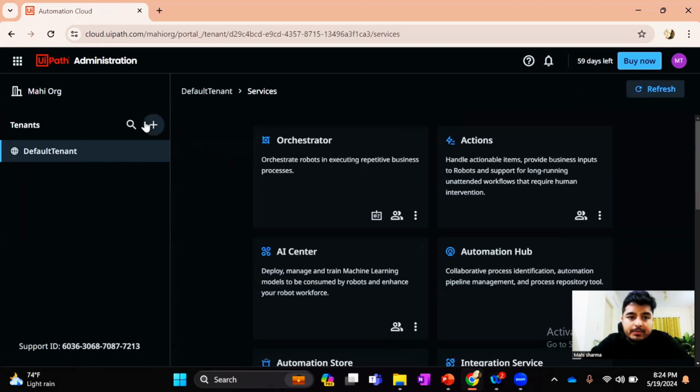Somewhere over here you will see add services, and then you just need to click on that button and select the AI Center. Once you select the AI Center, click on save, refresh your orchestrator, and then you will be able to see the AI Center option in your orchestrator. That's all. That's the pre-configuration that you need to do to get the AI Center option in your orchestrator